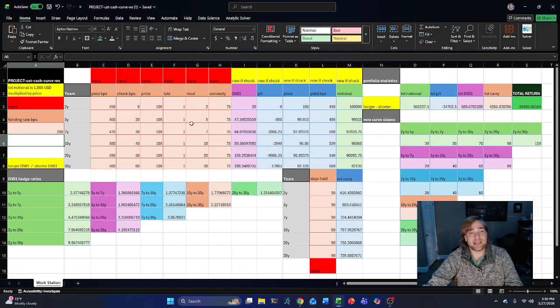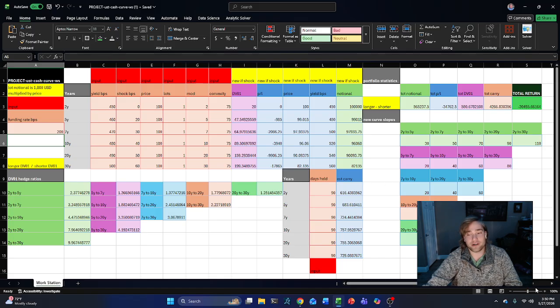So the first one is we put in yields, shock, meaning the change in rates we would expect, the price of the bond, how many lots by 1,000 of that bond, mod duration and convexity. You get your outputs of DV01, profit, the new price, the new yield, and the notional of that total holding